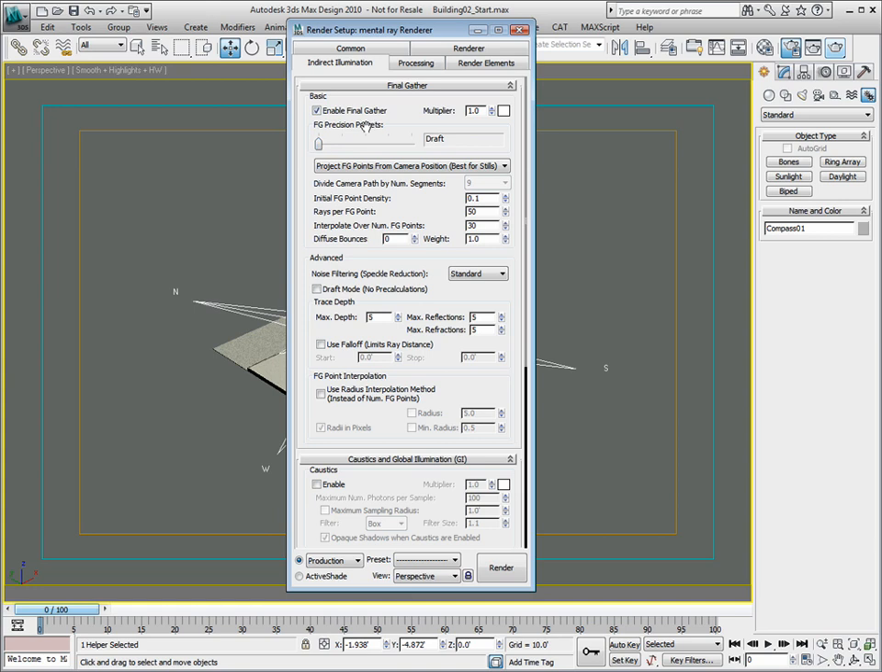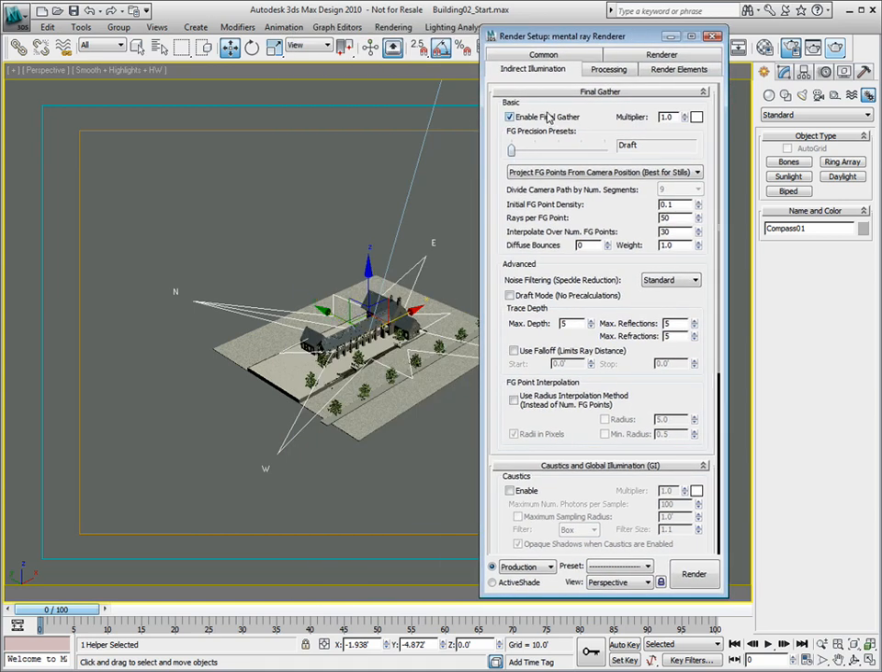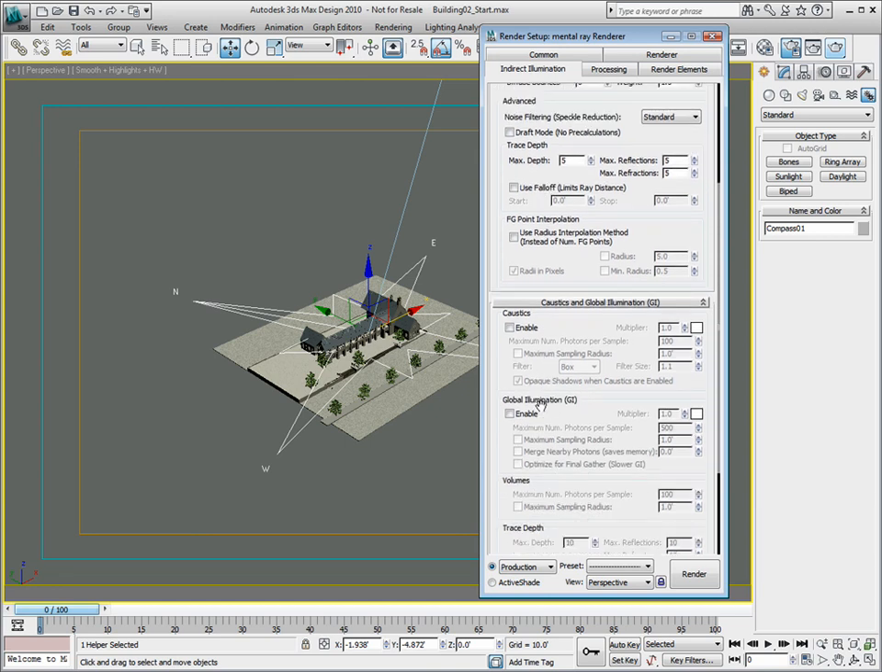Now, for architectural exteriors such as this scene here, I generally prefer to use just Final Gather only rather than Global Illumination plus Final Gather. You can use either method. Just know that if you do use Global Illumination,